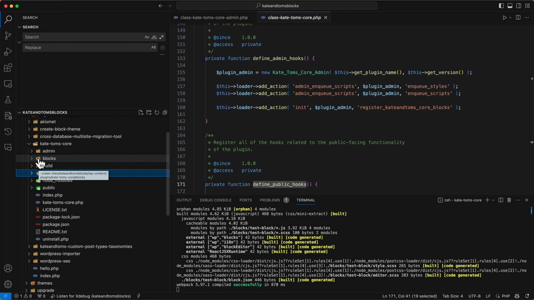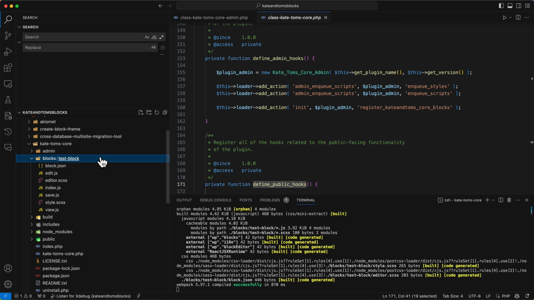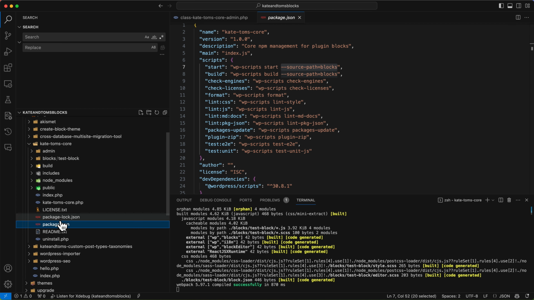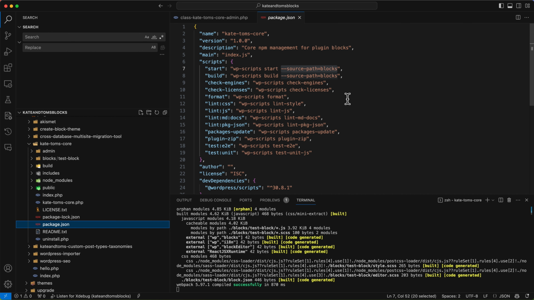Initially the way I've set this up is to use the blocks folder to create a test block. Ultimately what I'll do is bundle all of the blocks in the blocks folder, and then when I run npm start for my build process, it will just work. I've actually got this up and running at the moment. If we check out my package.json file, we'll see here in the scripts object, we've got the start parameter that would generally just be wp-scripts start, but